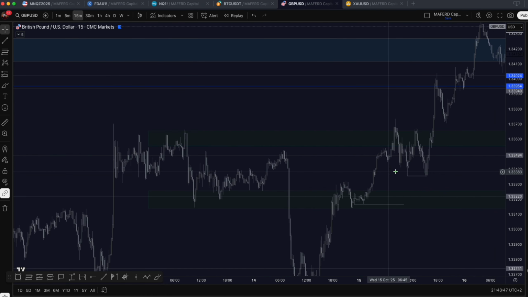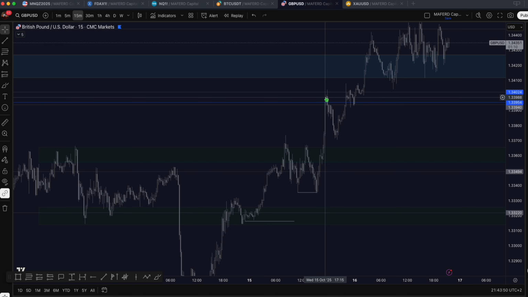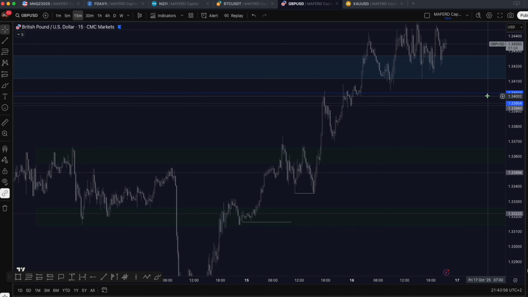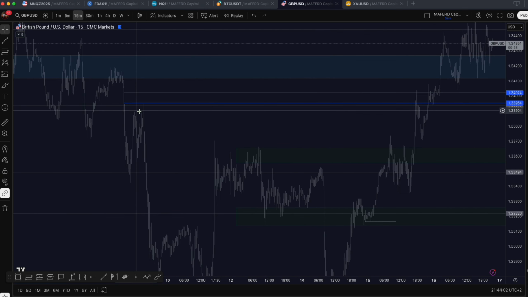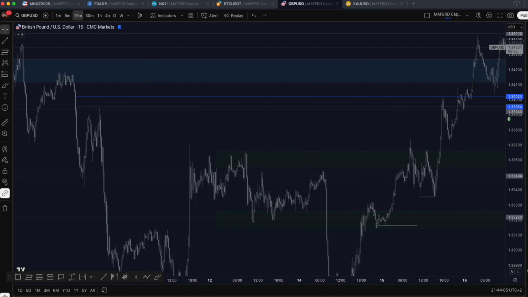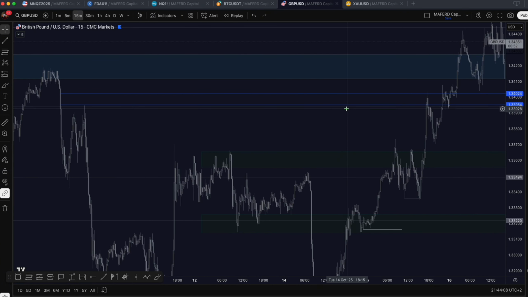And my TP, at least the first, main one, was the 134 level. Why? Because first, it was a psychological level, pretty important, and second of all, you can usually see these blue lines on my charts, which are inefficiencies. And how do I use them? I basically use futures, the future contracts of the sterling, in this case of the pound, and I mark out the inefficiencies. And in this case, as I'm about to show you right now,